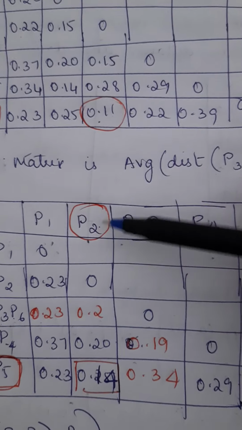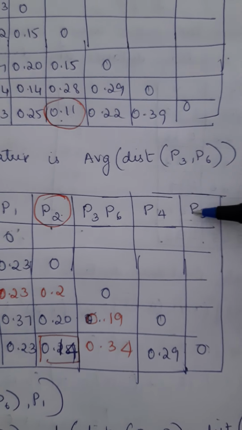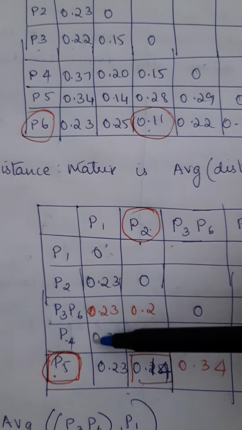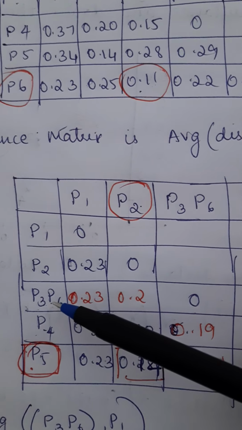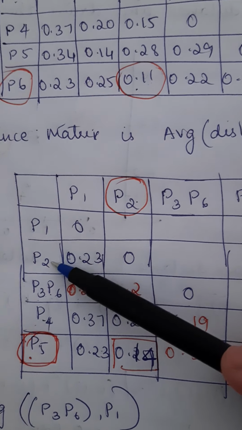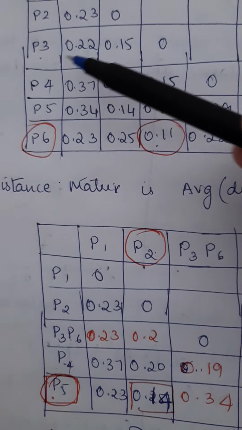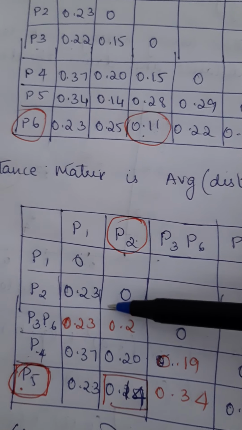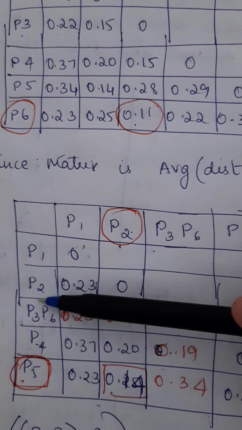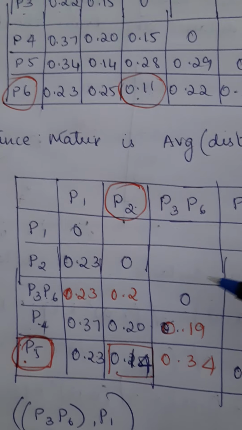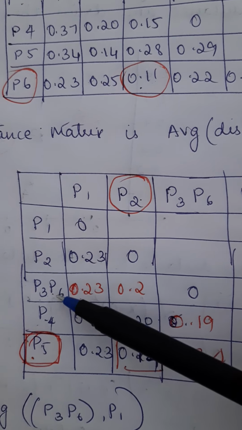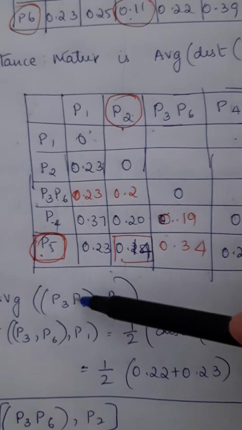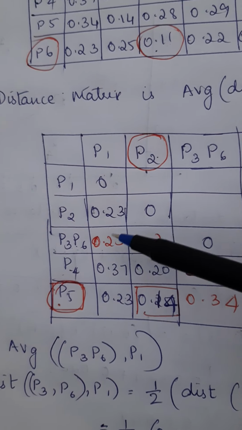Now what are the clusters? P1, P2, P3 and P6, P4 and P5. Same thing on the x coordinate and y coordinate. Then again, you know the diagonal elements are all 0. Now we have to compute these values. I am going to take from the previous table the distance between P2 and P1, which is 0.23. Only where there is a cluster do we have to compute. Since we are using the average link technique, the formula is slightly different. So I have to compute the distance between P3, P6 and P2. How will you compute this now? We will take P3, P6 and P1.